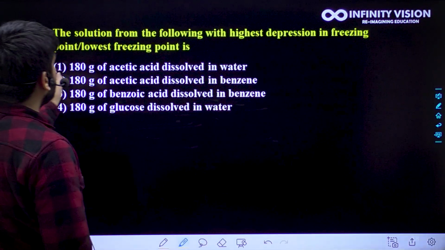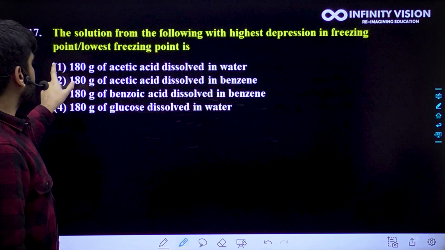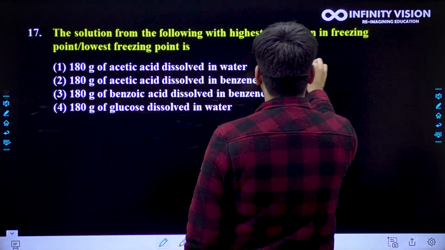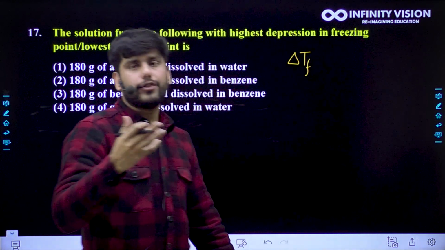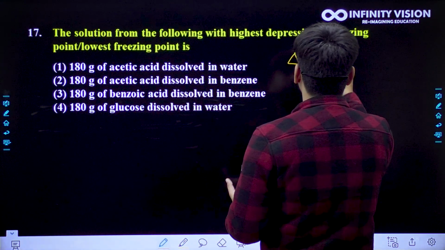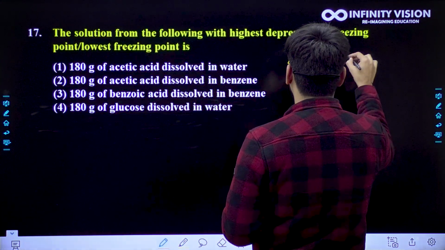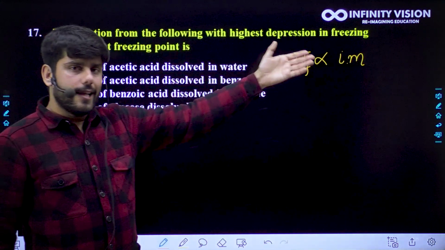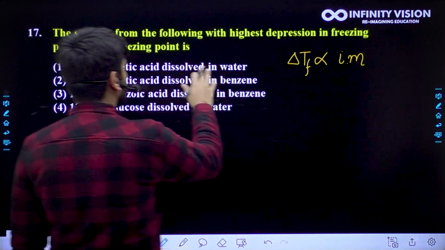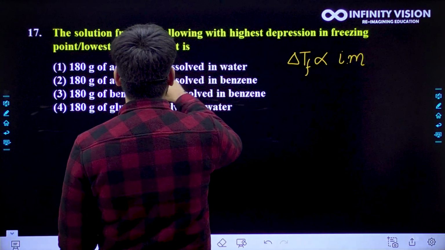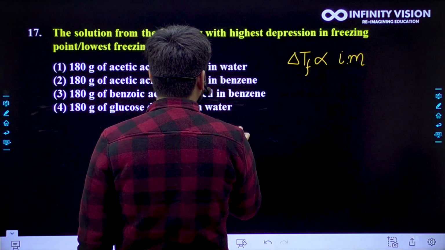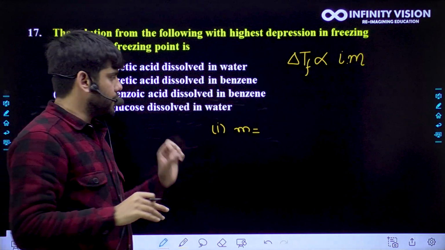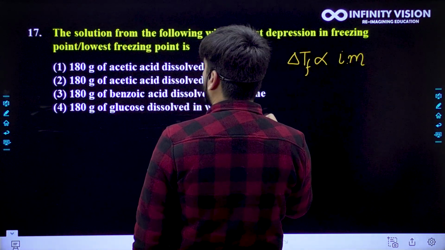All right. The solution from the following with highest depression in freezing point, lowest freezing point is, okay. So basically we know that delta Tf, that is depression in the freezing point, is directly proportional to the van't Hoff factor i into m, that is the molality. So let us calculate i and m in all of these. If you see the first one, 180 gram of acetic acid dissolved in water. Let us consider all the solvents are 1 kg. So molality will become